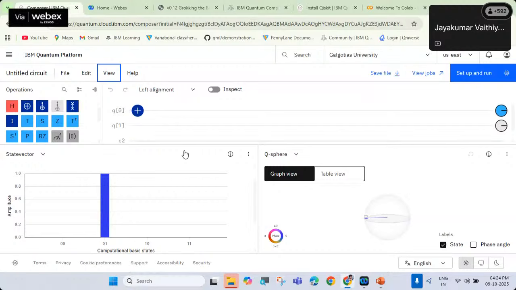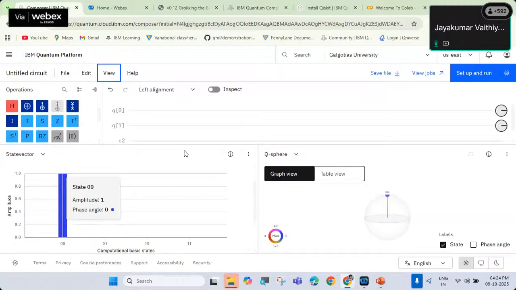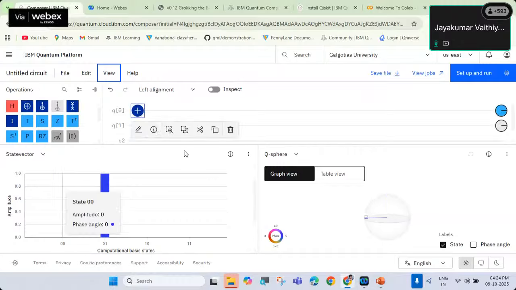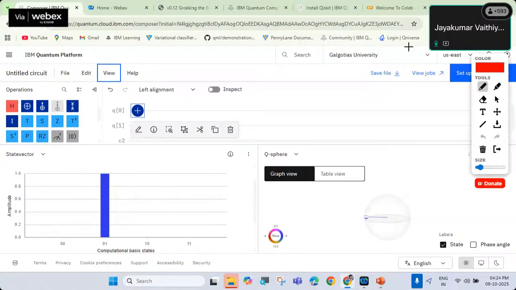Okay. So click this NOT gate, press delete. Click this NOT gate, press delete. You can see it is pointing to state 0, 0 because the circuit is empty. Suppose I am implementing a NOT gate in Q0. Now we can see changes in your state vector. Now what does it mean? Q0 is mapped to